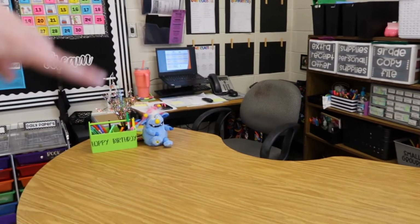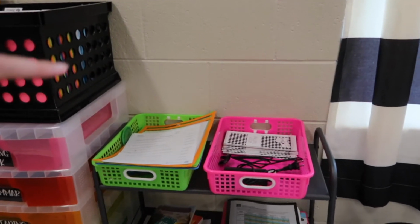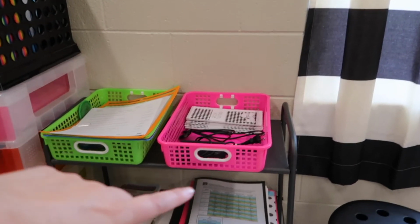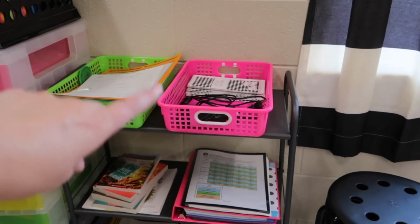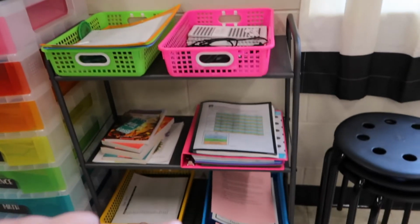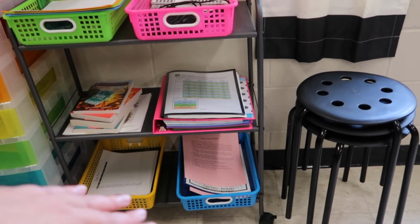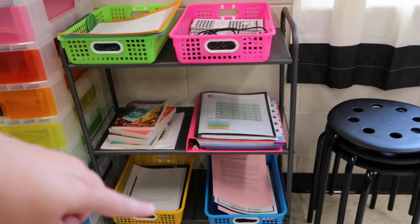I have a birthday tomorrow, so that's why that's out. But this is where I house things for math small groups and reading small groups. And then this is my teacher notebook, and since I'm benchmarking my students, that's all that information. This is where the students keep their Monday folders for graded papers to go home with, and then this is where students who have class jobs keep their